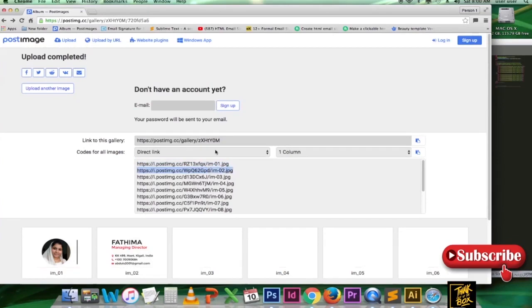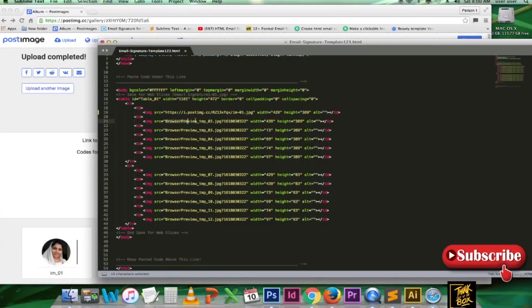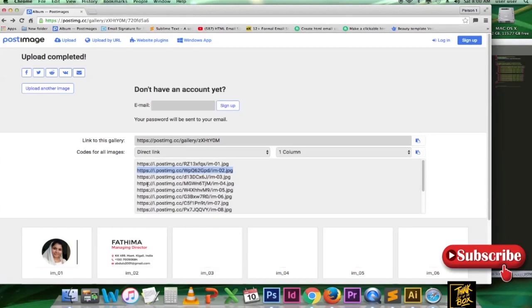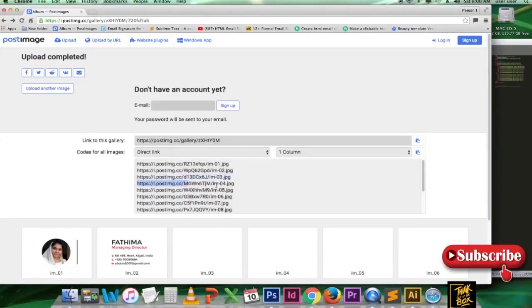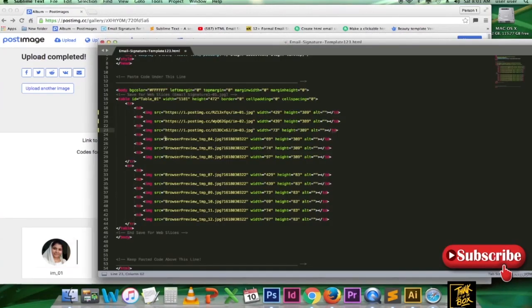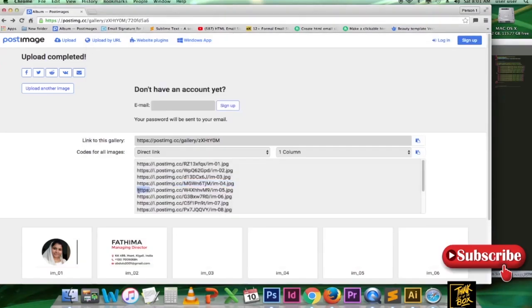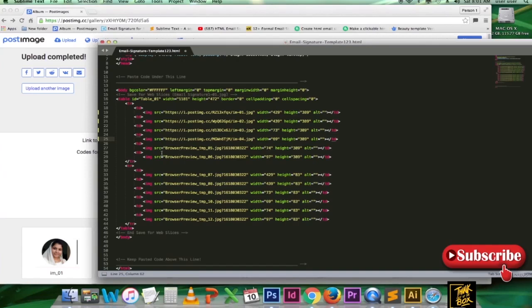You can see the first link image number is 6. You can see before the browser inverted comma, so from the starting inverted comma to the end of that second inverted comma, you just select all, and the link you copied, you paste it here.